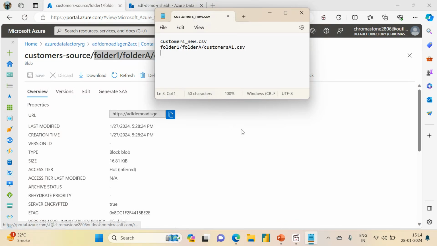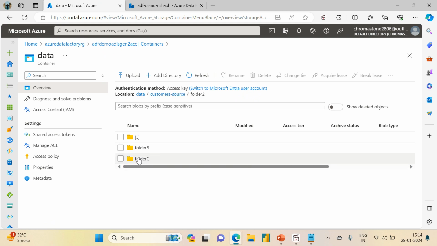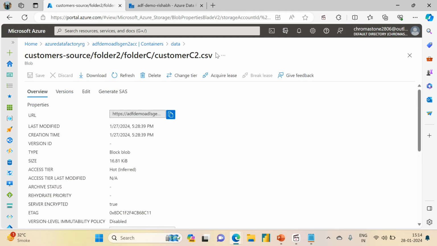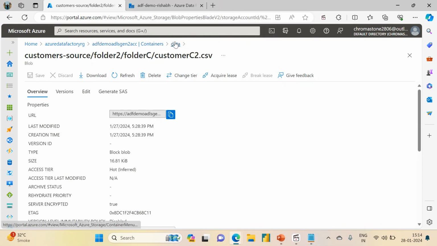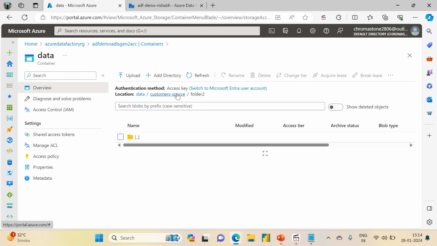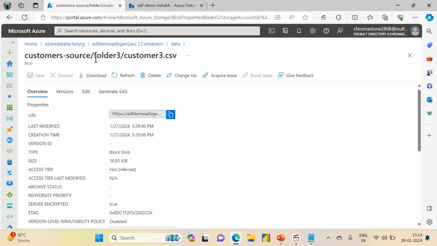Again, I'm going into container data. I'm going to go into folder 2. There is customer C2. I'm going to say I want this file. Again, pick everything after customer source forward slash, hit here, go back, folder 2. Let's go to folder 3. We have customer 3, so we want folder 3 customer 3,